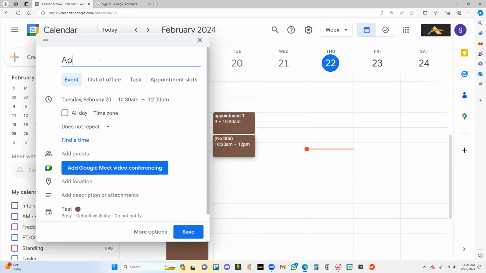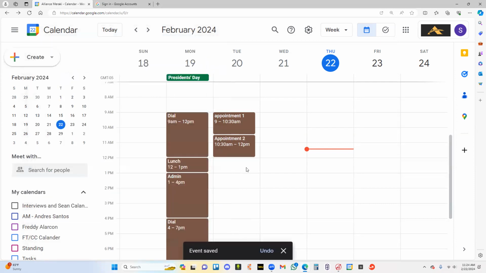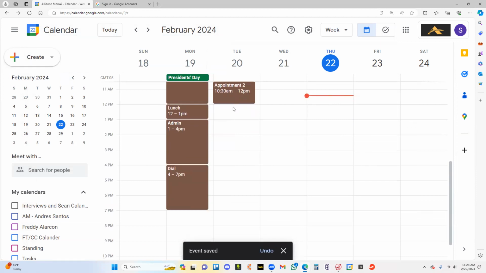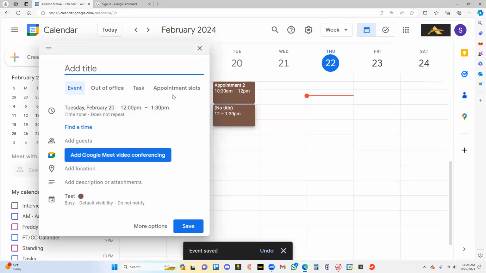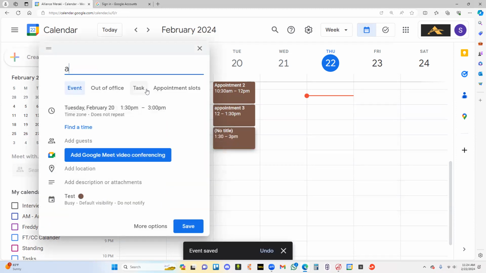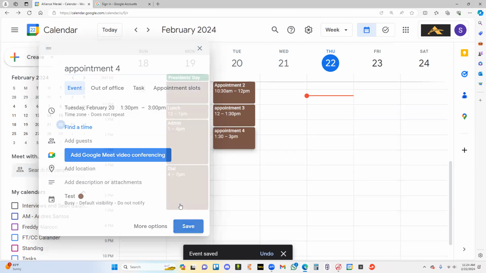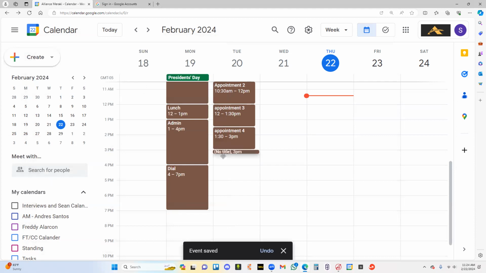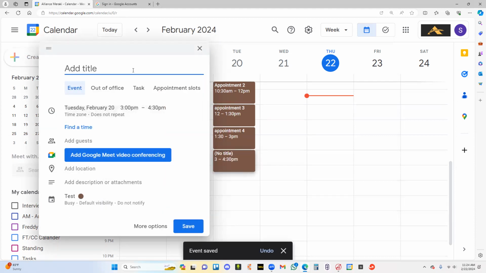So then we're going to put appointment 2. Awesome. So then we're just going to move so on and so forth. Appointment 3. Appointment 4. And appointment